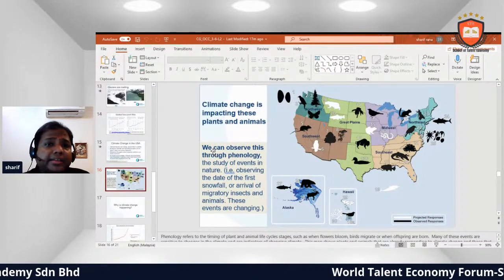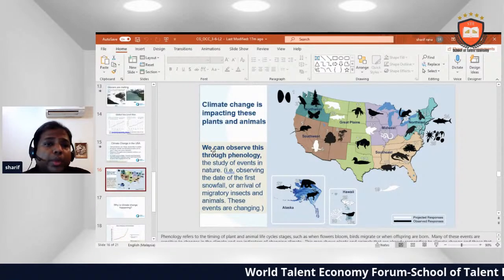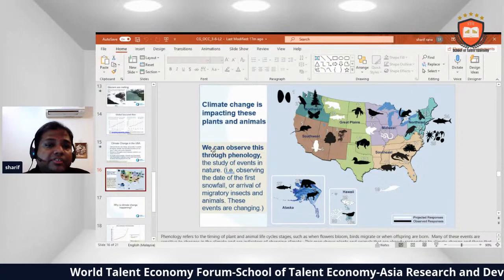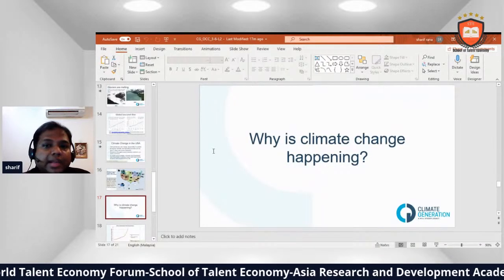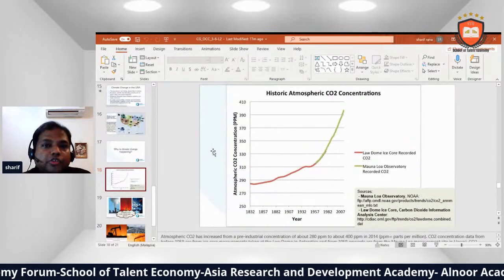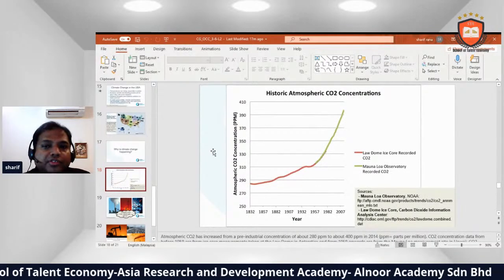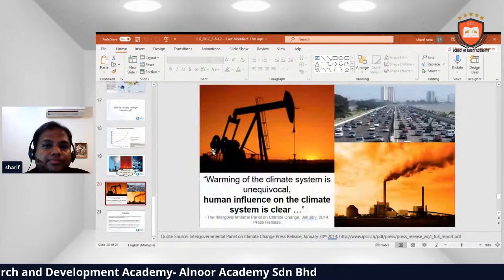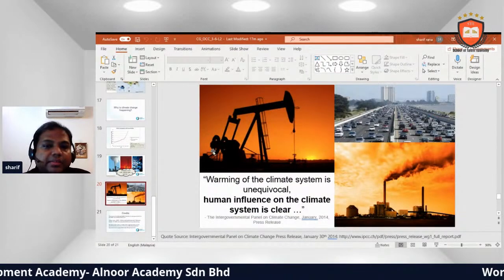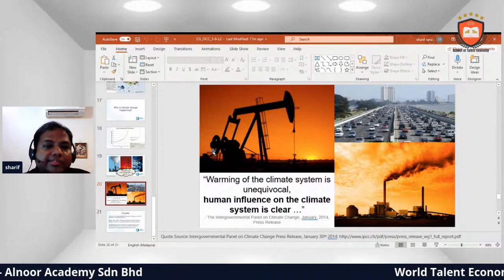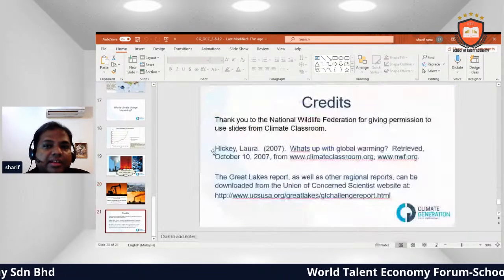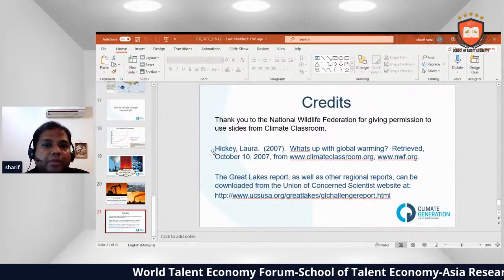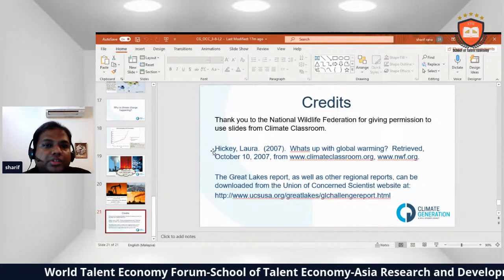Climate change is impacting plants and animals. We can observe this through phenology, the study of events in nature. Why is climate change happening? Historic atmospheric CO2 concentration, and pollution from coal, natural gas, and oil. Warming of the climate system is unequivocal. Human influence on the climate system is clear. Credit: thank you to the National Wildlife Federation for giving permission to use these climate